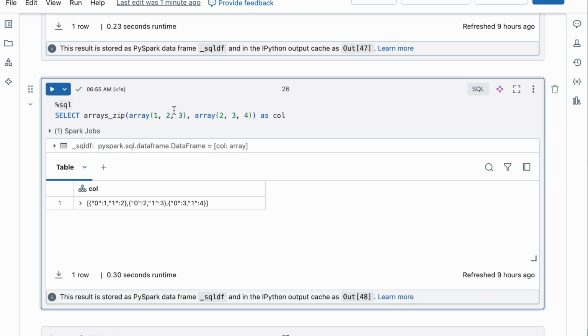Here in array zip, we are just appending the first element from the first array and the first element from the second array, then the second element from the first array and the second element from the second array, so on and so forth. That's it. If you see here, 1 and 2 become one pair, 2 and 3 become another, and 3 and 4 become another. That's what is happening here. We are just zipping those,